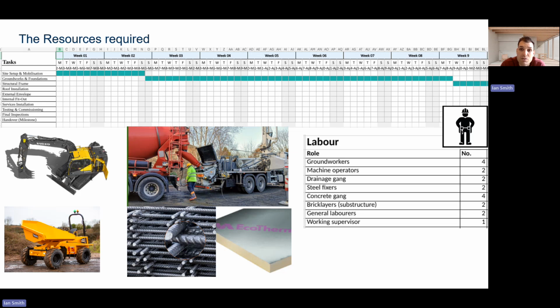Their significance again is structural, and they create the load-bearing base of the building. So correct timing, placement and installation are essential to maintain programme continuity and quality compliance. Again, forming part of that critical path, because if these are not laid correctly, then the superstructure cannot be completed